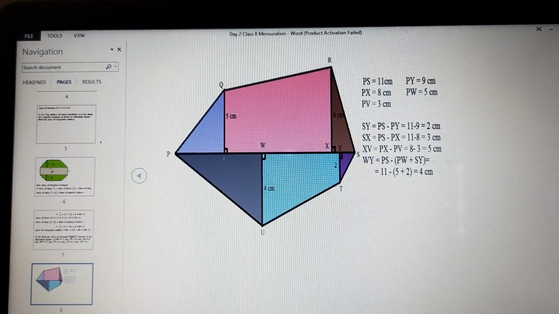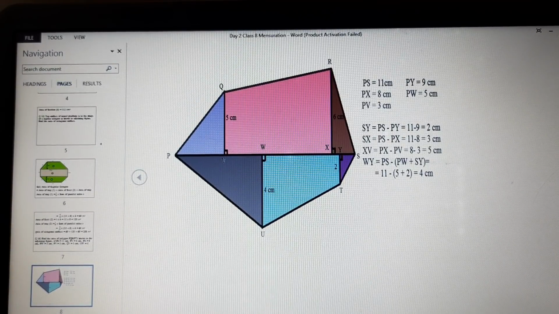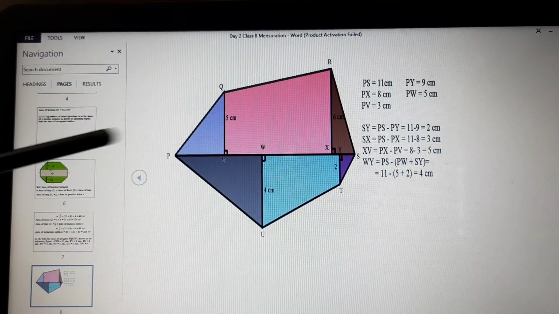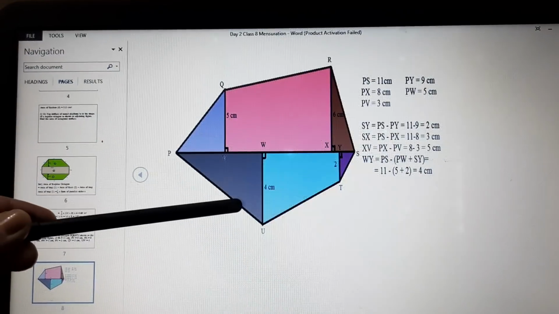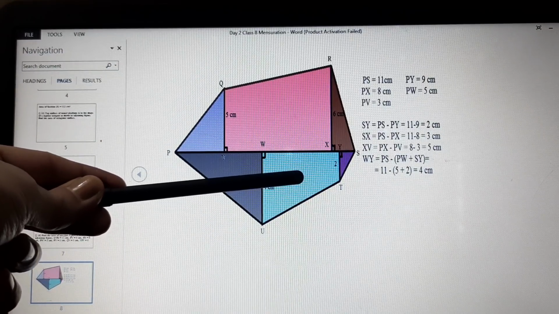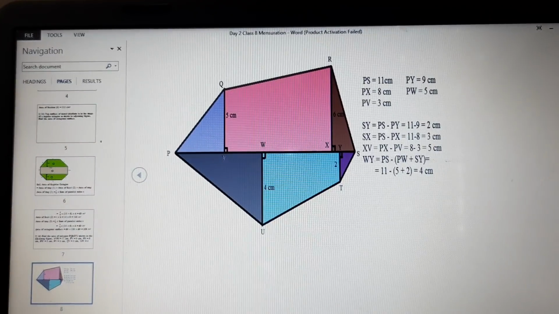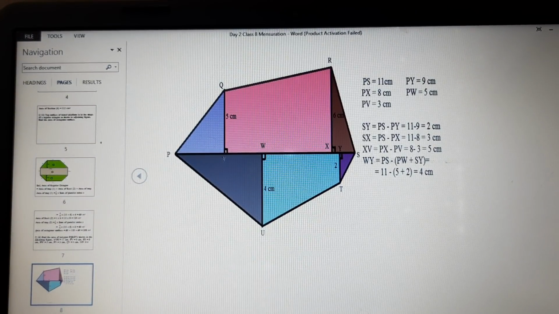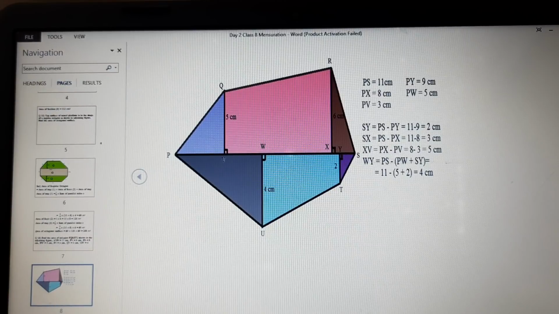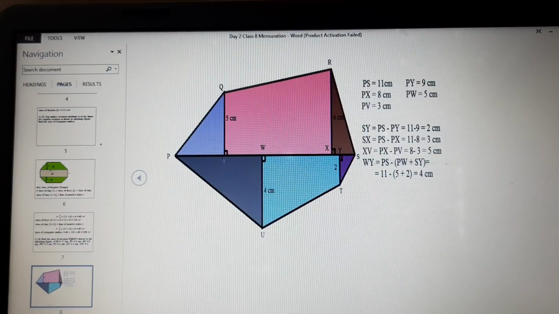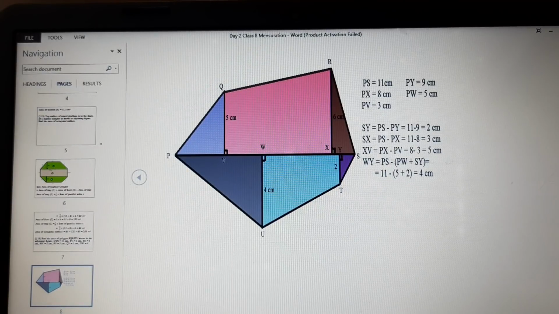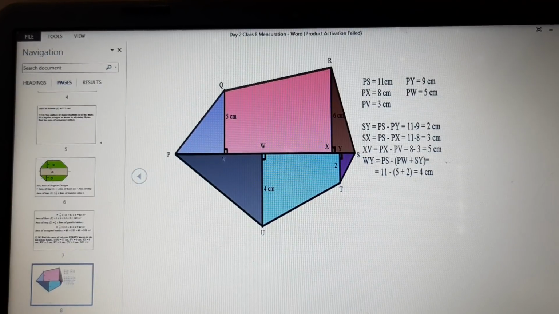Are you getting it? And now, what are we supposed to calculate? We have to calculate the area of the polygon. So, here we can see that we have a triangle, we have a trapezium, we have again a triangle, then we have a trapezium, then we have a triangle. Are you getting it? So, basically, we have 1, 2, 3 and 4 triangles and 2 trapeziums. So we have to first of all find out the dimensions of them.